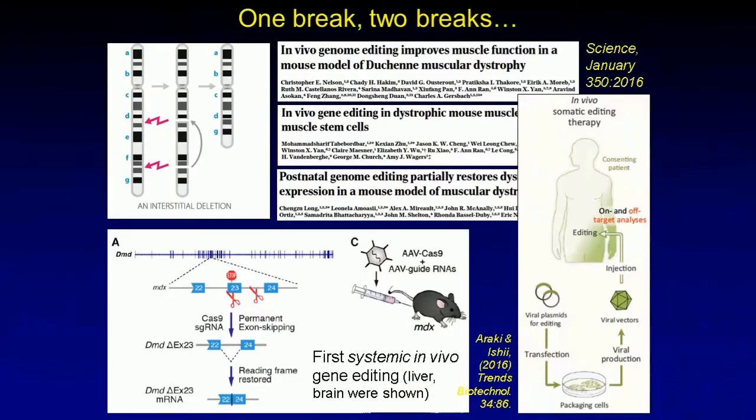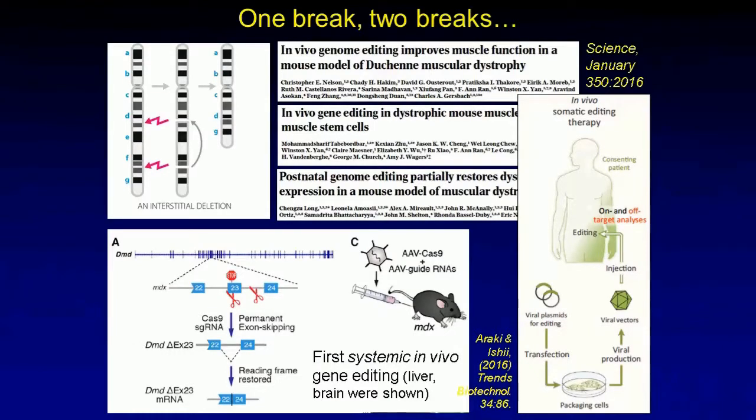And I should also say that while this might be some very interesting systemic data, delivery to the liver and brain were published by other groups a few months earlier too. So we're going to see a lot more use of nucleases in live animals, and of course that is pushing towards using nucleases in people as a therapeutic. Now those would be examples of in vivo somatic editing, where you would essentially prepare the nuclease in some kind of a vector particle or some other kind of delivery platform, and then put that function into the person.